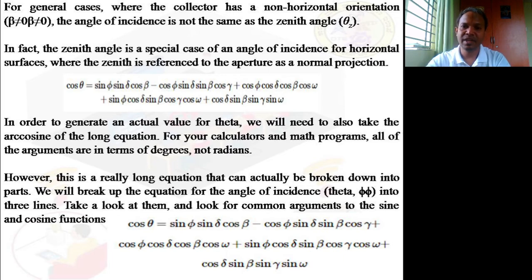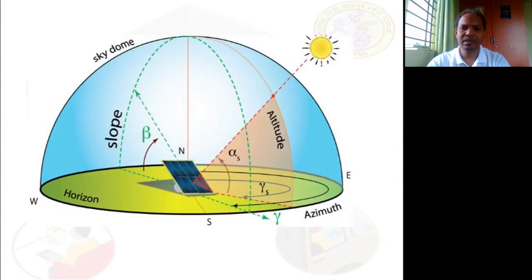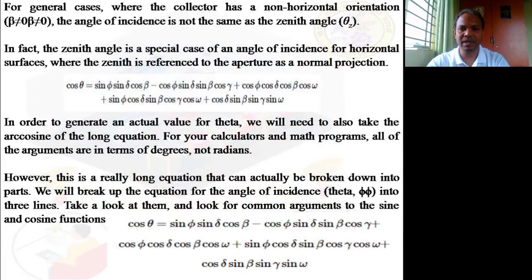I mean to say that the azimuth angle, tilt angle, and the altitude angle also come into the picture over here, plus cos alpha, cos delta, cos beta and cos omega, plus sin phi, sin delta and sin omega, sin beta, cos delta and cos omega, plus cos delta, sin beta, sin omega into sin delta. So it is only with respect to sin and cos. We can further simplify it by dividing by sin phi, so that we will get cot factors or tan factors, but it is always oriented towards sin and cos.